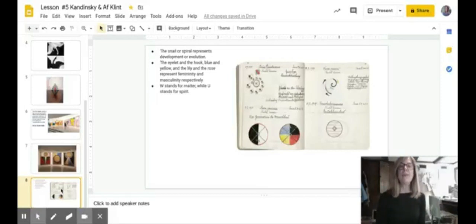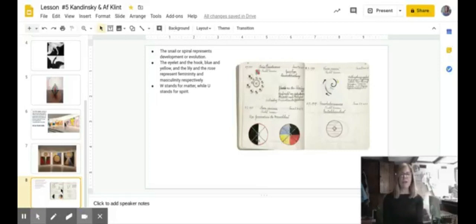The eyelet and the hook, blue and yellow, and the lily and the rose represented femininity and masculinity, respectively. W stands for matter, while U stands for spirit. So these are the things that she says she was being told to put down and to share at a later time with everybody